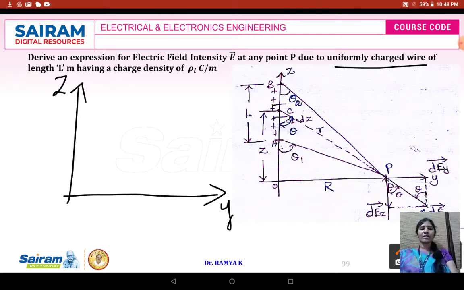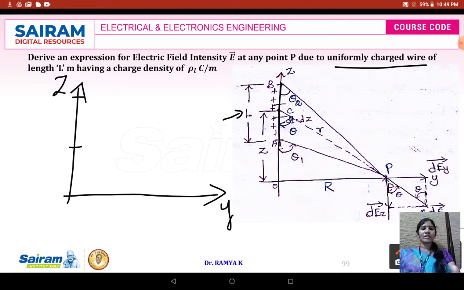wire of L meter. Now let us consider the uniformly charged wire AB. So this is your uniformly charged wire. Here you are going to distribute the charges uniformly all along the length of the wire of L meter. Now if you don't know the exact length of the wire, and if it is of